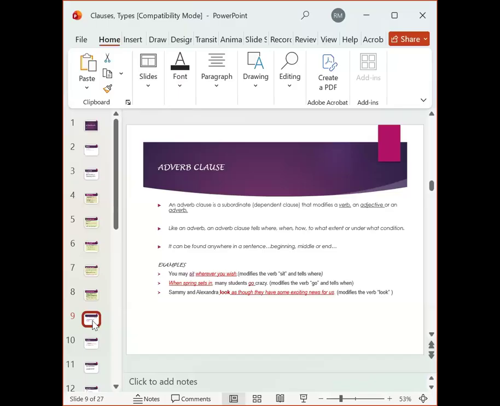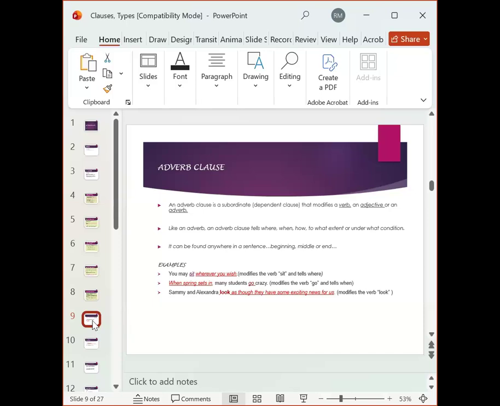Now, examples are: you may sit wherever you wish. Wherever you wish, you may sit. You, wherever you wish, may sit. All those individual sentences are meaningful. We've seen how the adverb clause was moved from the final position to the initial position or front position and then to the middle position. Now, the wherever you wish